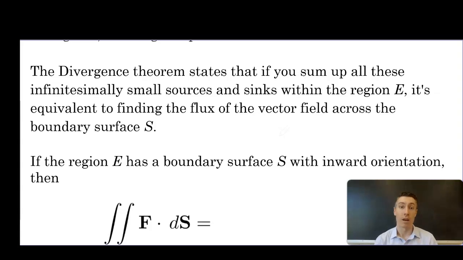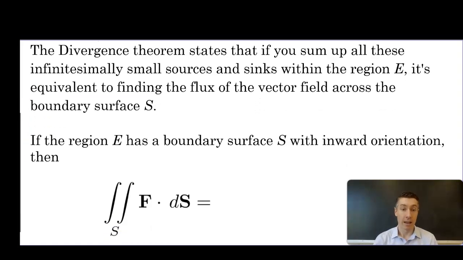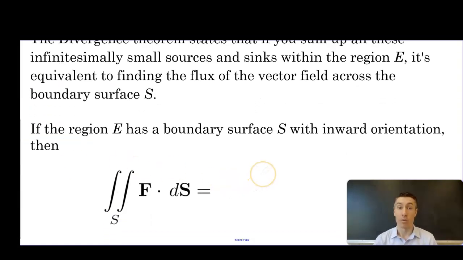So that's why we get the equivalence that we do with the divergence theorem. It's really just an idea of conservation. What's created or taken away inside of the solid region has to be equivalent to what's moving in or out through the boundary surface. Now, if the region E has a boundary surface S with inward orientation,